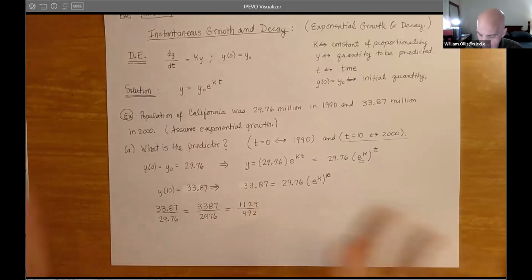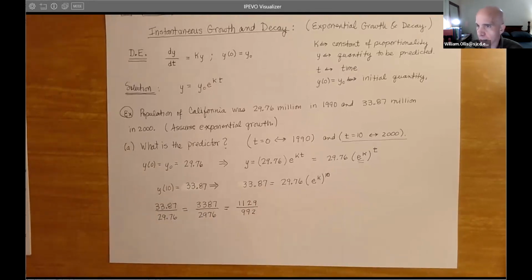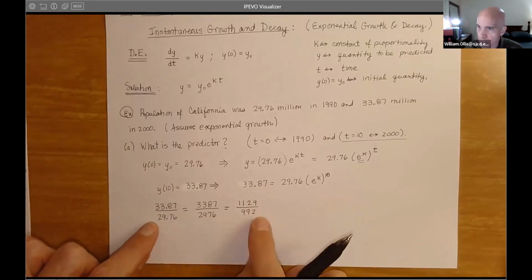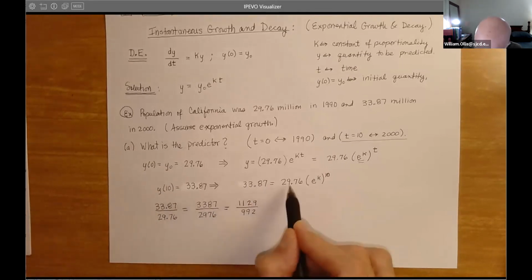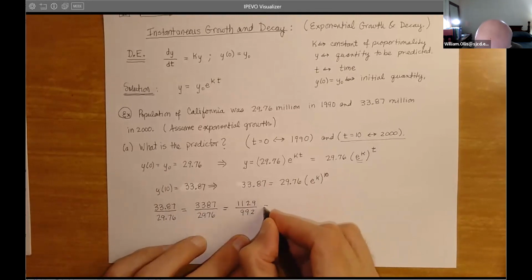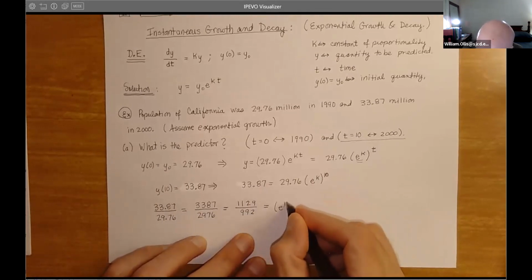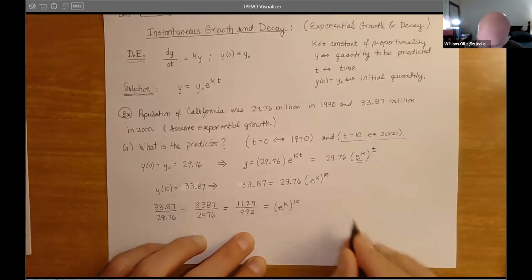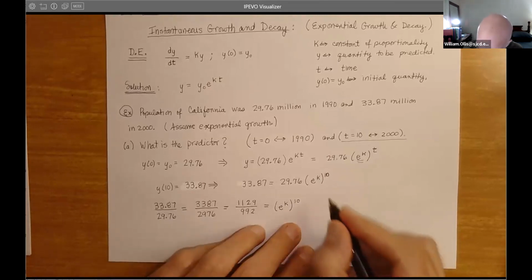And again, you don't even have to do that. Leave it this way if you want. It's not going to change anything. All of these numbers are equal. They're exact. So now, when we do that, this equals e to the k raised to the 10th power. So now we can apply the 1/10 power to both sides. That is, take the 10th root of both sides. Equivalently,